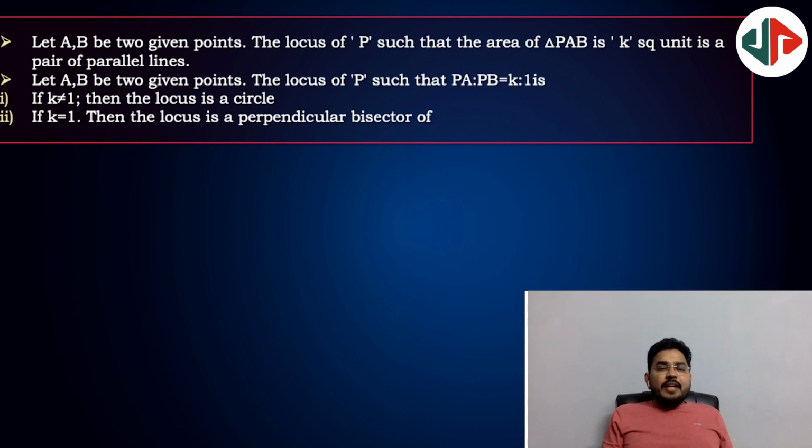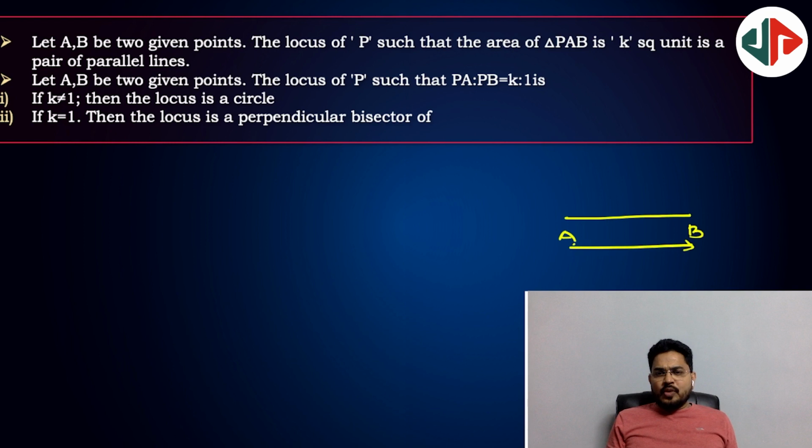A and B are two given points. The locus of P, such that the area of the triangle PAB is K units, is a pair of parallel lines. The locus is a pair of parallel lines. What is this? If I want to talk about the area of the triangle, here AB, if this length is